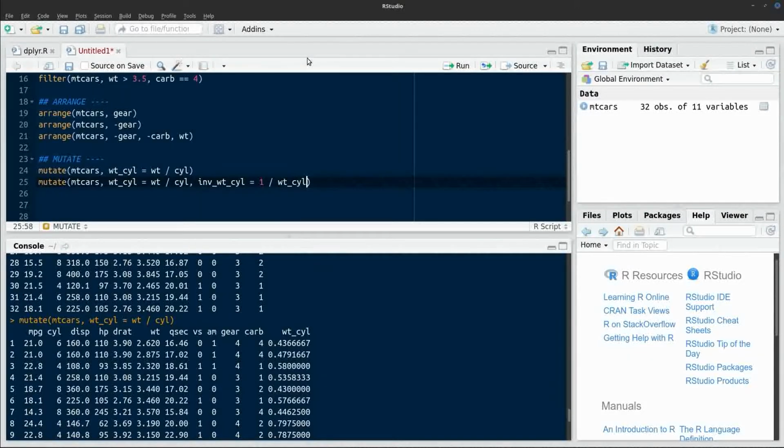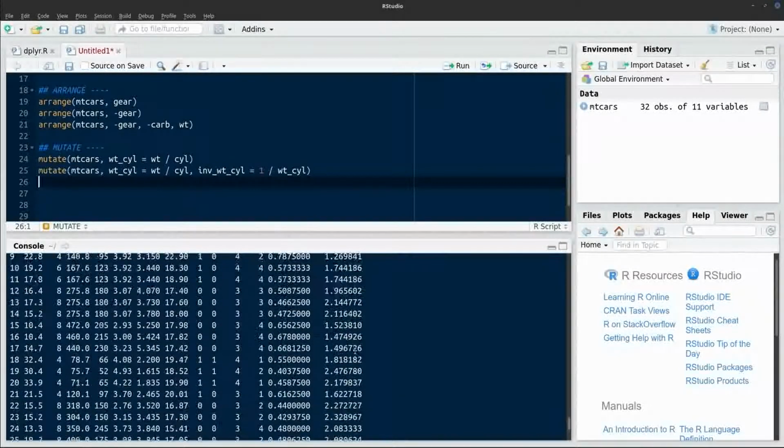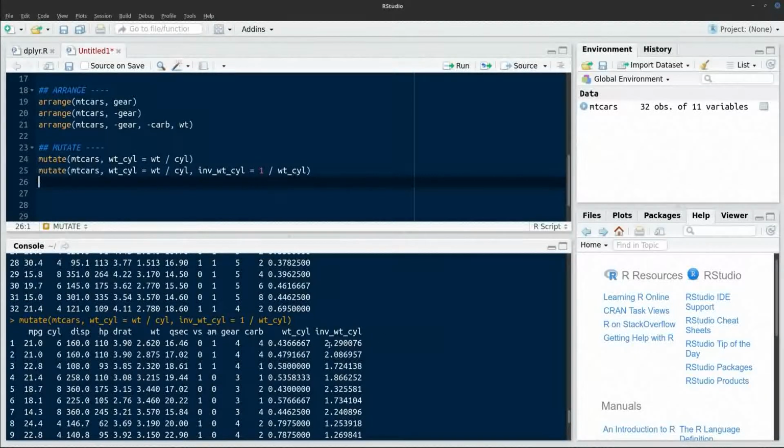weight cylinder. So in this one function, mutate is going to take the mtcars data frame. It's going to create a new variable called weight cylinder, which is going to be equal to the weight variable divided by the cylinder variable. And then in the same function call, it's going to take 1, divide it by this variable that we've just created, and it's going to call it inverse weight cylinder. So we don't have to do this in two separate function calls. And so if we run this,